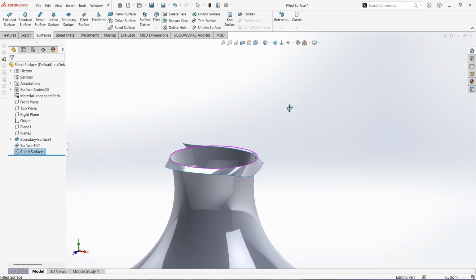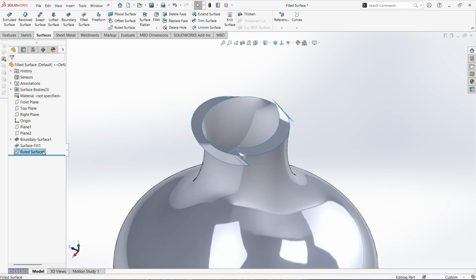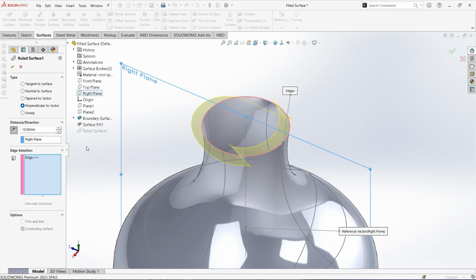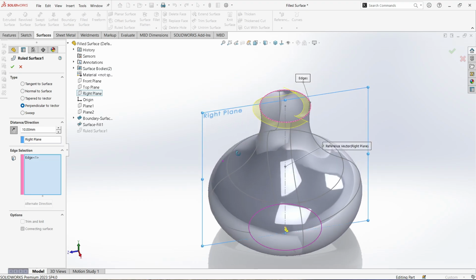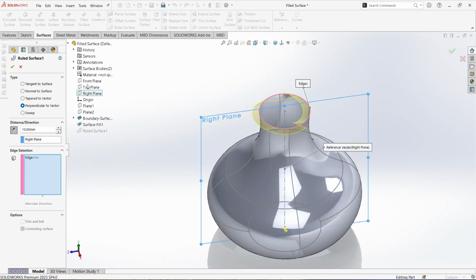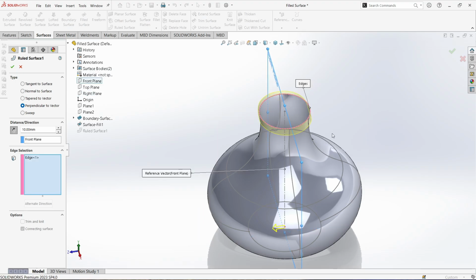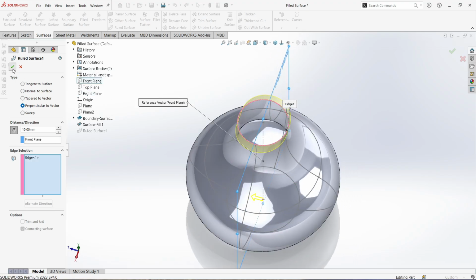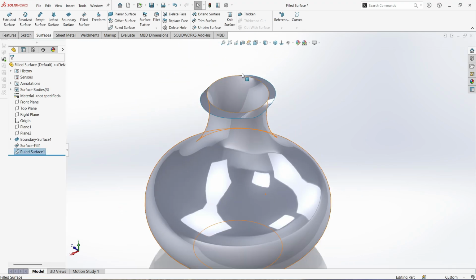See, maybe from this parameter, and click OK. See,